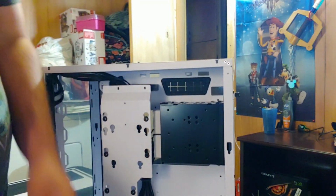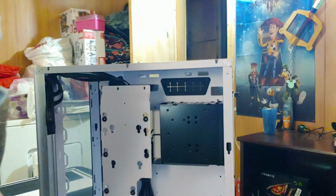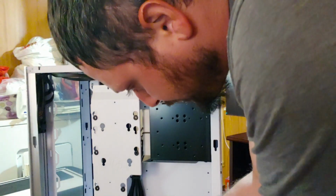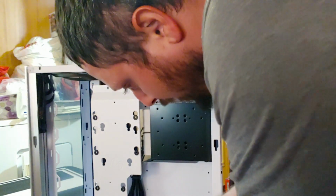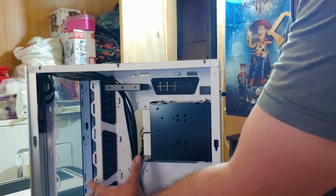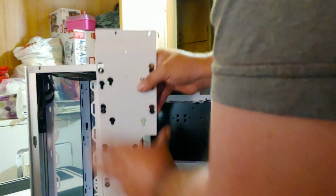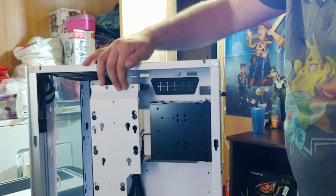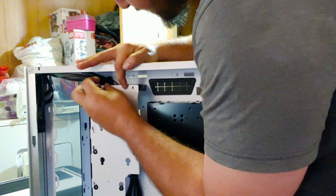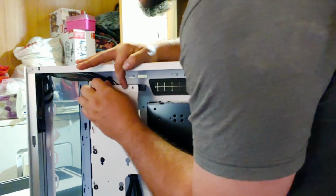Oh, guess not. It actually has a small screw. Take out the small Phillips head screw, and your rear cable management tray comes right out. And you have all this access right here for cable management. And you just put this right back in, and you thumb screw it back, and you are good to go. Which is a neat and new innovative way to hide cable management,